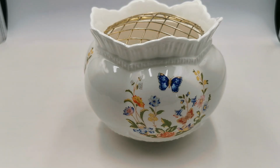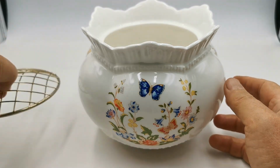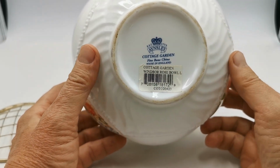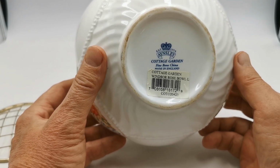Well, the very recognisable pattern or design of Aynsley Cottage Garden there with the blue butterfly. This is the large Windsor design Rose Bowl. We know that from the original Aynsley label that's still adherent to the base. There you go, Aynsley Cottage Garden, late 20th century, made in England, China marks, and Cottage Garden Windsor Rose Bowl,